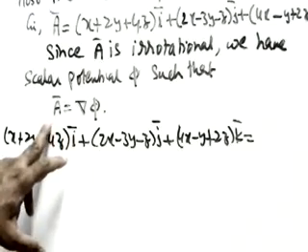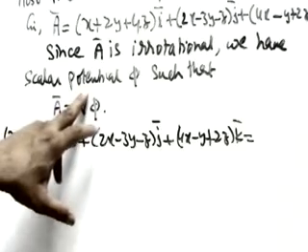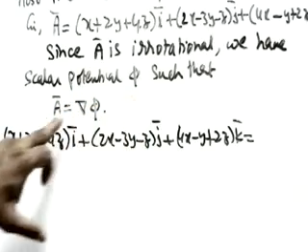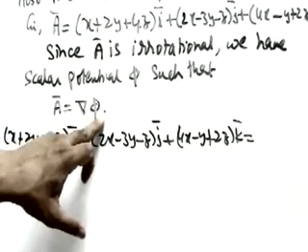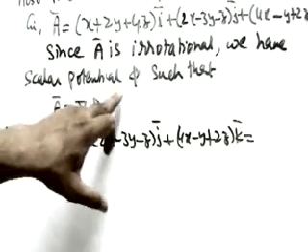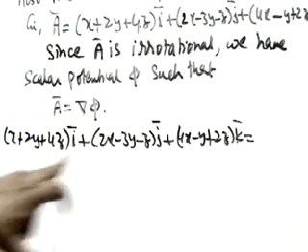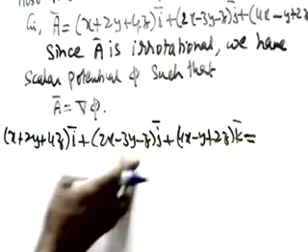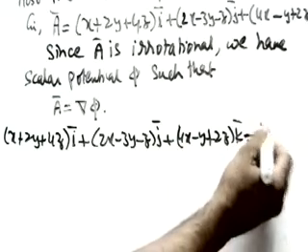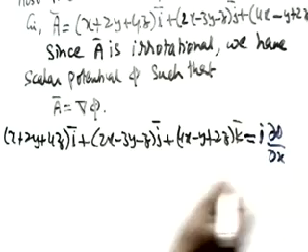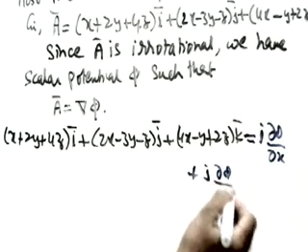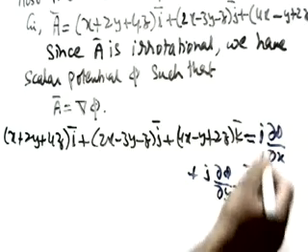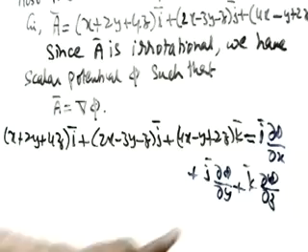Now let me continue. See here, what we are having, A equals to... we want a scalar potential. So if phi is a scalar potential, then we can write A equals to del phi. So we have to find now phi. Now the value of A is given, what is del phi? Gradient. The formula of gradient we know, A equals to del phi. Del phi is i dou phi by dou x plus j dou phi by dou y plus k dou phi by dou z.